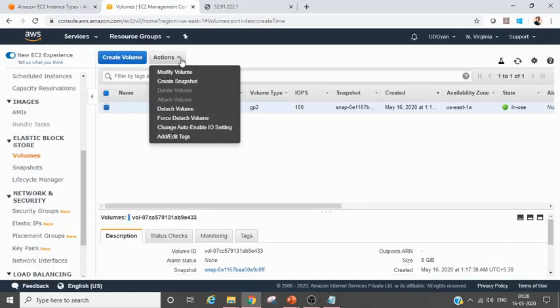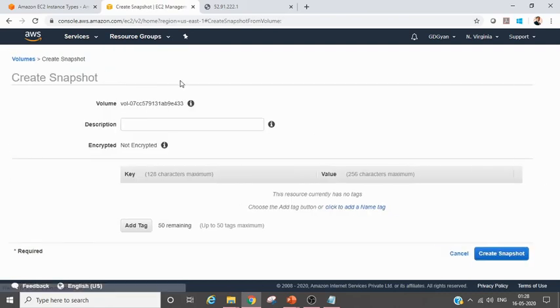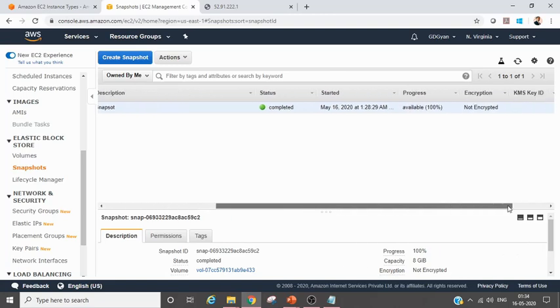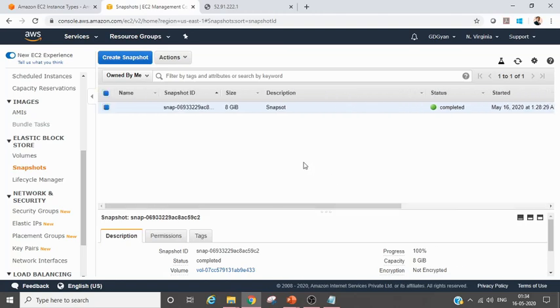So what all other options are there? Detach, create, take snapshot. Suppose we discuss this thing, right? If your device is not encrypted and you want to encrypt it, what do you need to do? You need to create a snapshot. So description. Okay, so our snapshot is now completed. Let's quickly look into whether it is encrypted or not. So it is also not encrypted. Now let's look into this one.